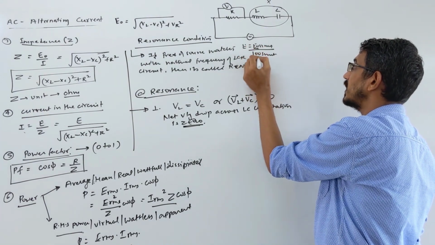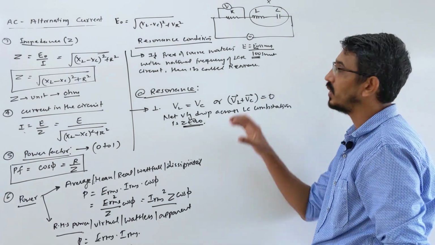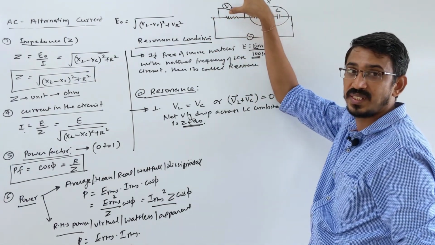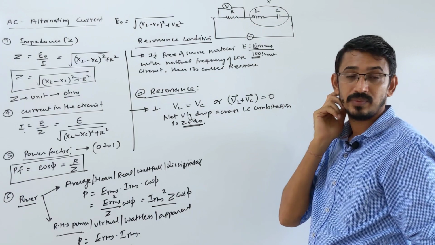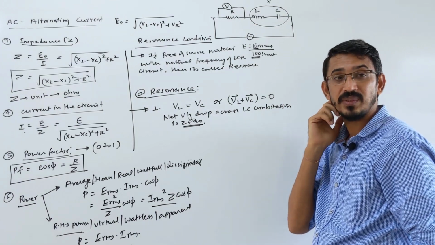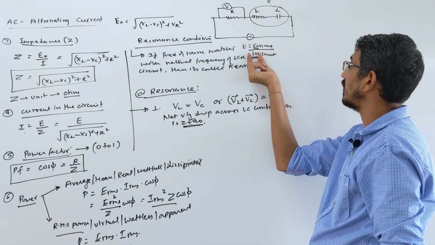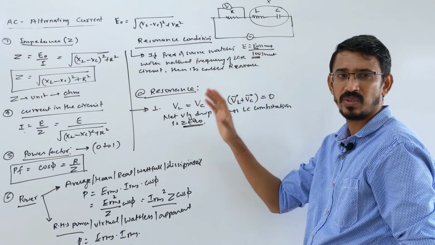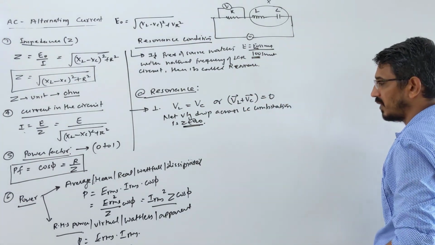And remember this, if they ask a calculation, like the equation given here, suppose 100 sine omega t is given, then this is called the maximum voltage, right? So all this voltage goes toward your resistance, but what does the voltmeter read? An AC voltmeter always reads your RMS value, right? So you have to take the RMS value of this. I will see a numerical example to understand this. Let me teach you the theoretical thing first.